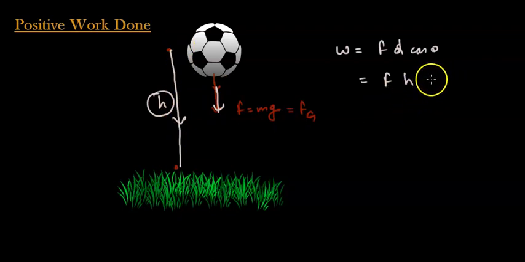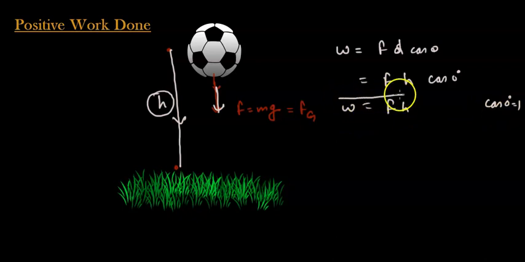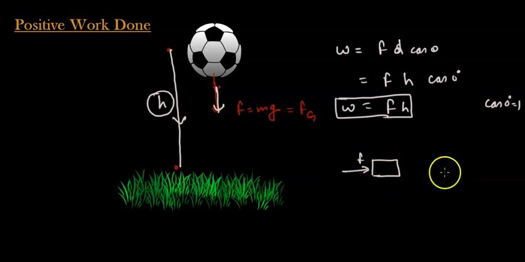So here we can take this is cos 0, and we know the value of cos 0 is 1, so it will be FH. This is the work done expression for this, and we call this the positive work done. Whenever we apply a force, like you can take the example, this is a box, we are applying a force over here, and this box moved in the same direction like this,